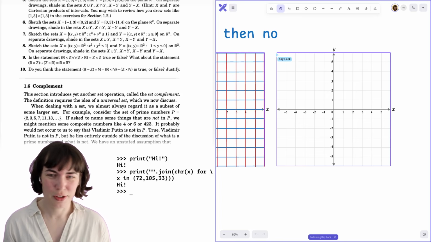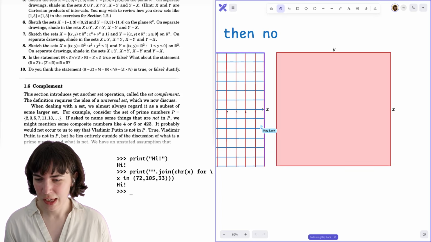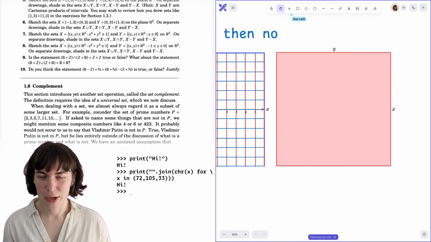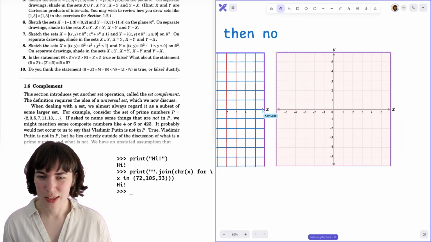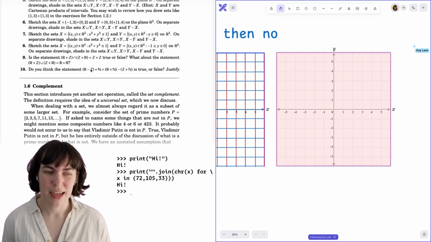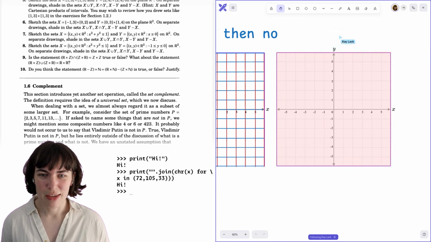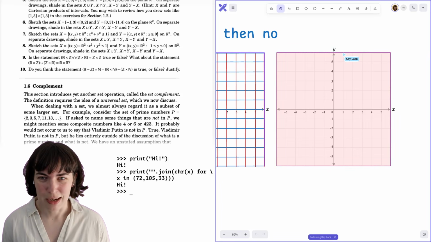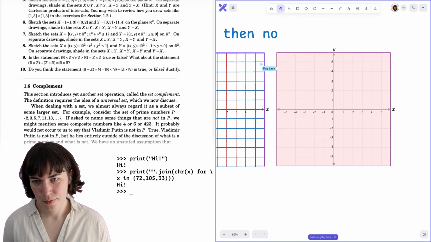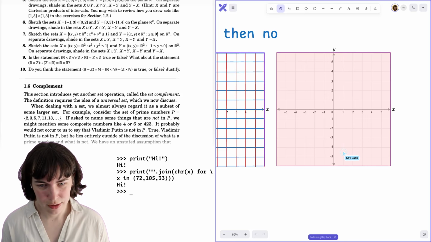Basically, I think if we've got the real numbers, let's say if we were to just chart the real numbers, we would have this. We'd have the whole thing shaded all over the place. But if we then have all of the real numbers that are not in the integers, we would have infinitesimally small gaps along each of the